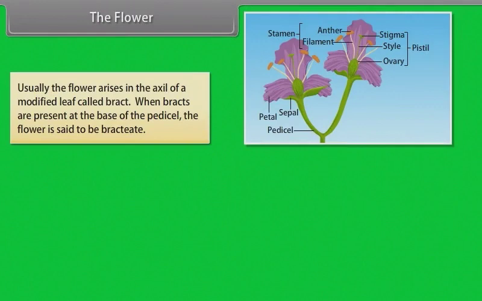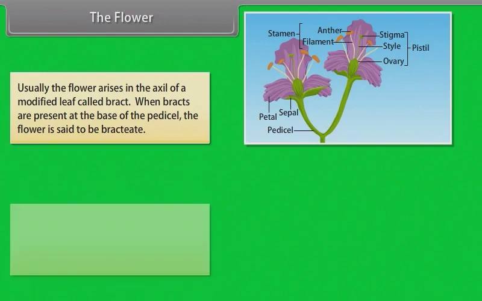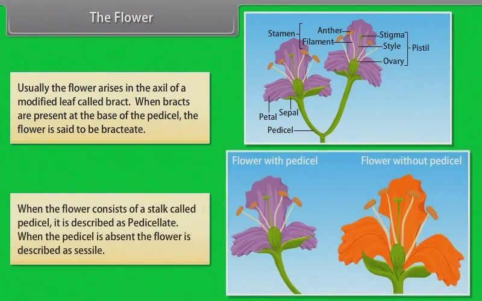When bracts are present at the base of the pedicel, the flower is said to be bracteate. When the flower consists of a stalk called pedicel, it is described as pedicellate. When the pedicel is absent, the flower is described as